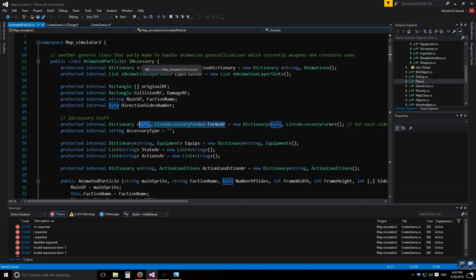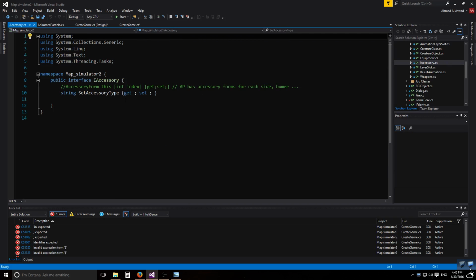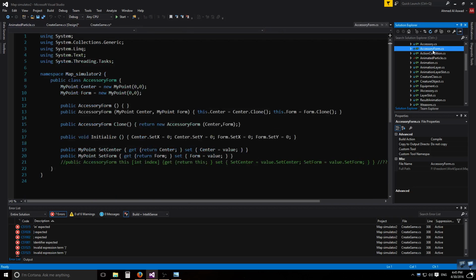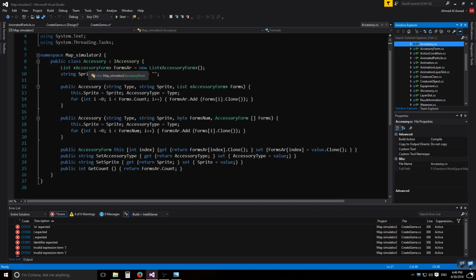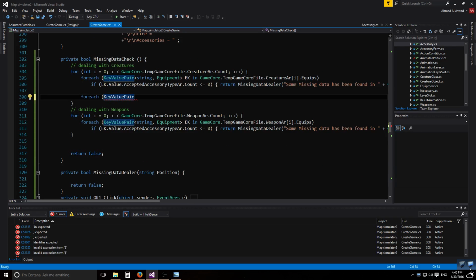the accessory stuff I might change actually. Dang it. Yeah, I might change that and give accessory sides as well, because accessories don't have sides. It doesn't have sides, so this one. And that's why it has accessory forms immediately. But the animated particle, we need to know which side we are dealing with. But the accessories themselves